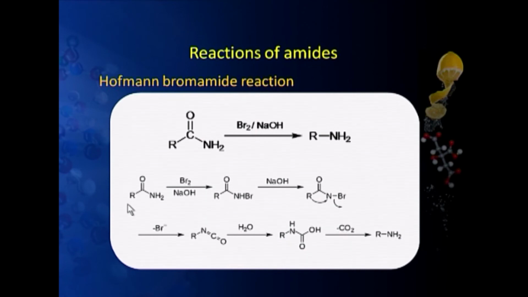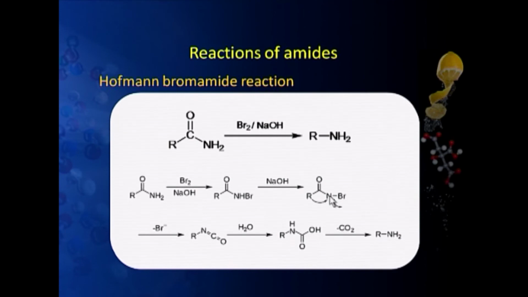These are the steps involved in this reaction. This amide is treated with bromine in presence of NaOH. In the first step, bromination occurs here. It forms NHBr, and then alkali takes away this Br as Br minus, and simultaneously this alkyl group migrates to this nitrogen, because nitrogen acquires a positive charge when this bromine is polarized, and we get this R from here,